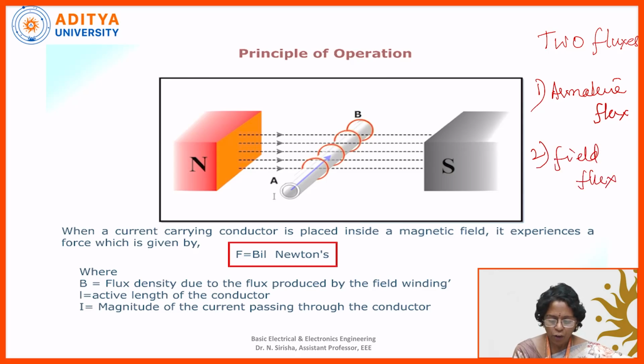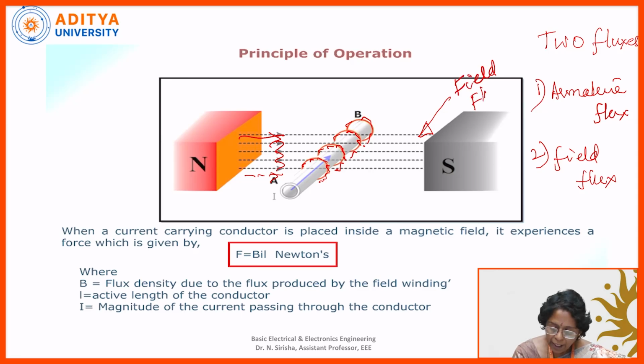So how are these two fluxes formed? Here we have electromagnets, north and south poles. DC excitation is given to the electromagnets and magnetic flux is formed from the north pole to the south pole of the magnet. Now, since we give electrical energy input to the DC motor, once supply is given, current starts flowing through the armature conductors. Once current flows through the armature conductors, flux is formed surrounding them. This is the armature flux. These lines form the field flux.